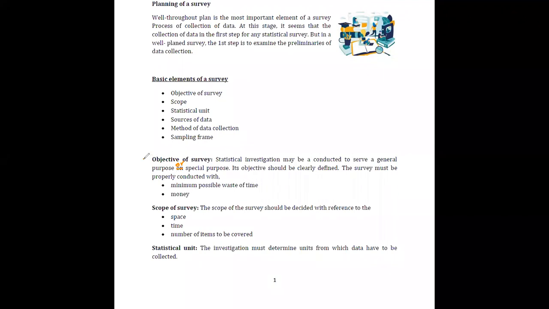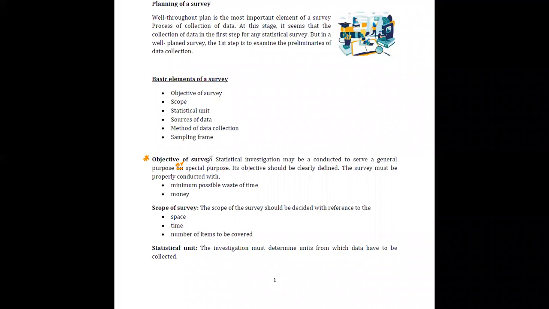Okay. Now, if you focus on the objective of a survey, each and every survey that you are conducting should have an objective. Without having an objective, you cannot have a good survey. It is because you will be faced with trouble if you do not have an objective. It is because you do not know what you are going to do. Therefore, in such situations, again you will be in trouble. Therefore, the first thing you have to have is an objective for the survey you are going to conduct.